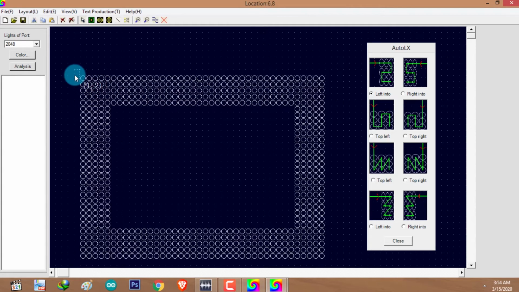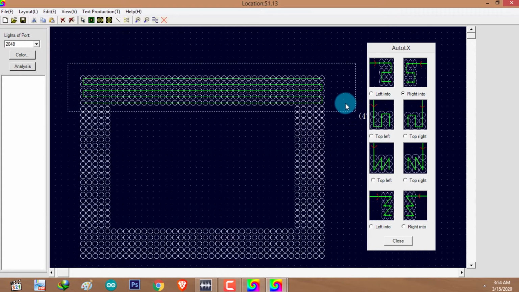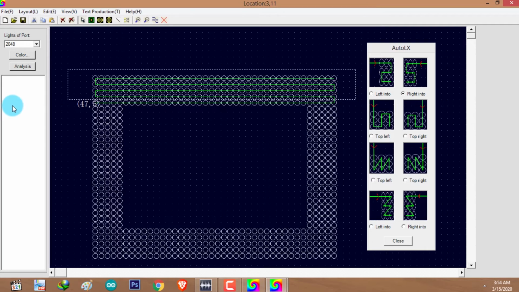I'm going to click and hold my left mouse button while dragging and selecting the whole section. I'll leave my left mouse button at the end. The direction of the connection is opposite. I'm going to click on the right one and select the section again from the opposite side. I'm going to use the same method